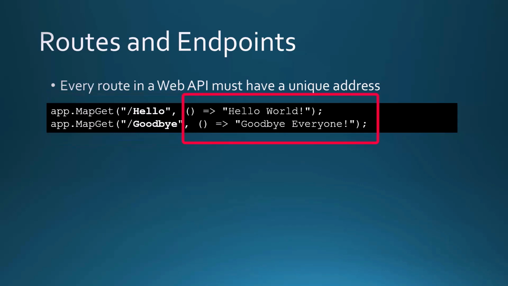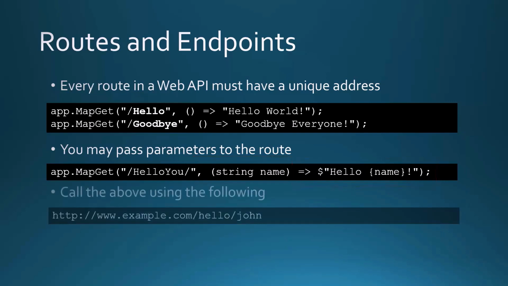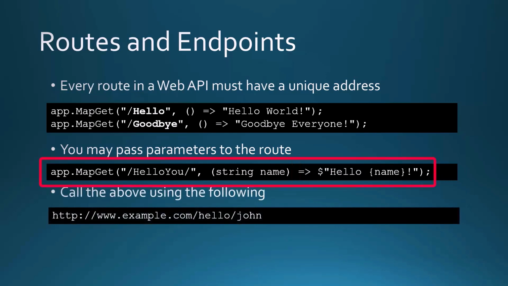And then you see the little arrow syntax for the function that says I'm going to return a string, hello world, whereas the other one is going to return a string, goodbye everyone. You can also optionally pass parameters into the route as well. So here we do an app.mapGet. Our first parameter then is the route, comma, and then within the function parentheses, we pass a parameter. And then we can use that parameter in the function. So we would call the above URL using the following one here,